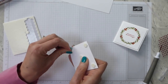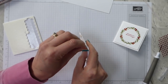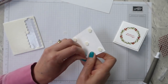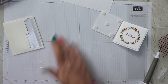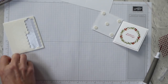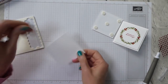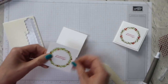So as I say, really quick card. I'm trying to do a kind of look at everything you can get out of this one stamp set video, because I love this stamp set. It's one of those ones I think is quite easily overlooked. It's not really Christmas, and it's not really autumn, and it's not really winter. It's just pretty, and so flexible. So fold our card base in half and burnish,